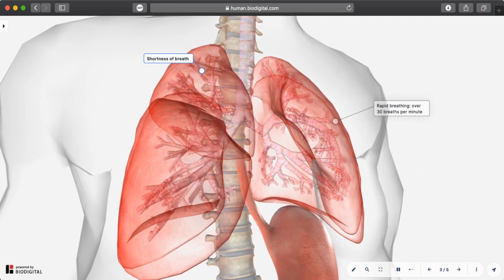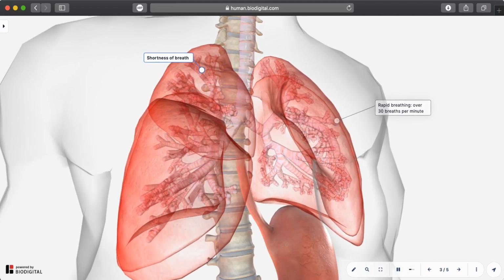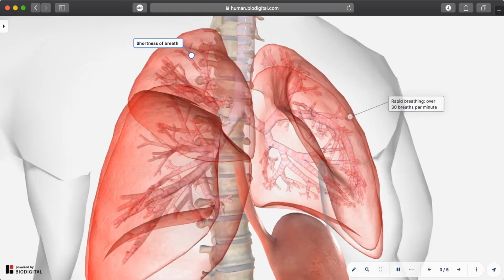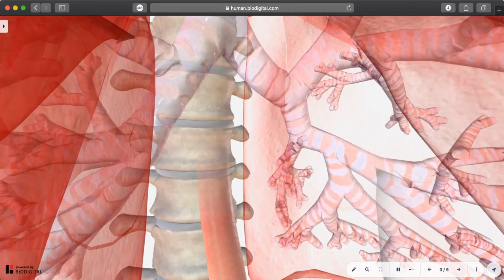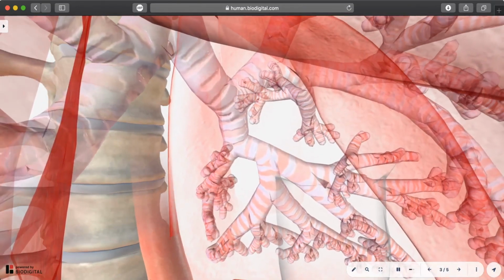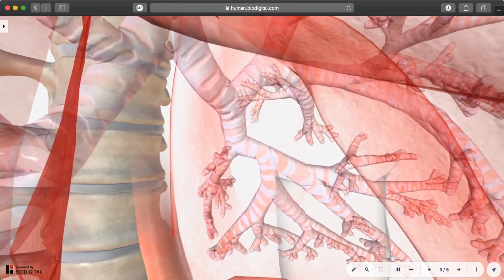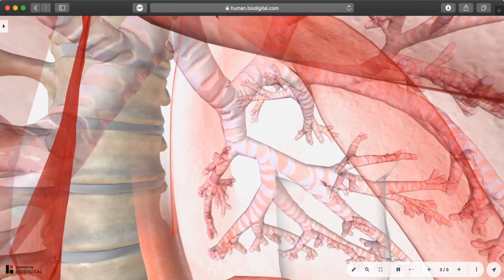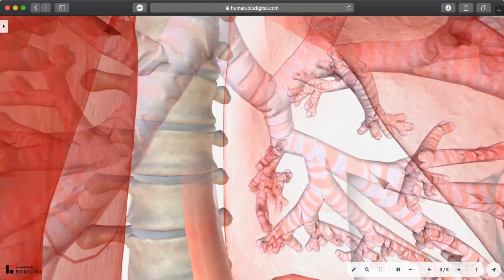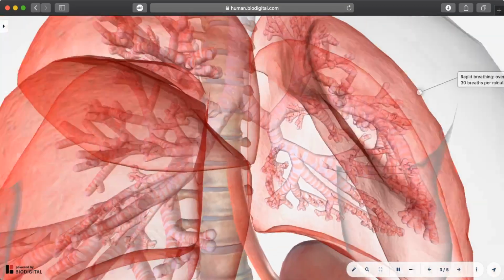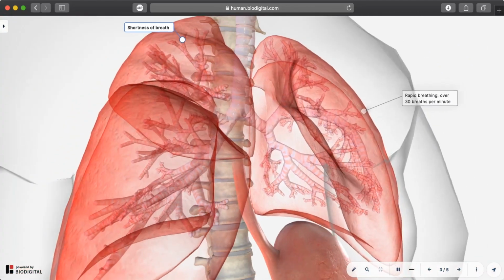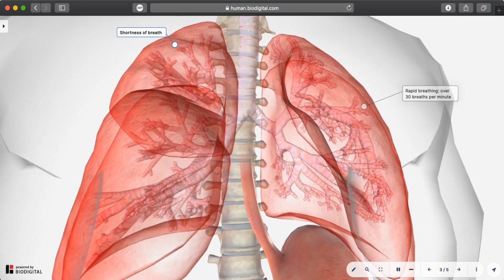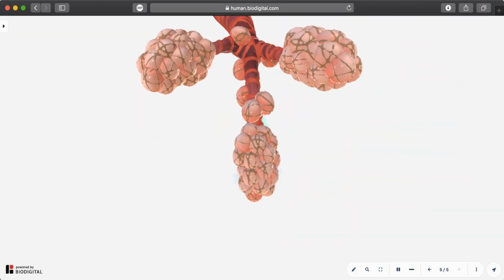Now why does this turn into pneumonia or ARDS? Because the immune system is now aggressively responding to the infection in the alveoli, as we have seen earlier, and in the alveoli the condition becomes critical. They are getting filled up with fluid from the immune response, which makes breathing difficult, and as a result the person develops fast, rapid breathing. We will see what happens in acute respiratory distress syndrome now.